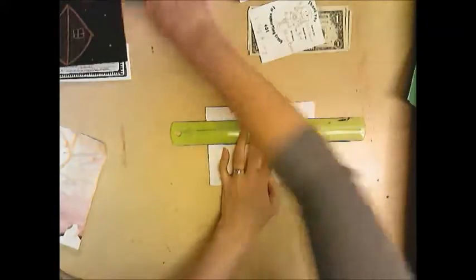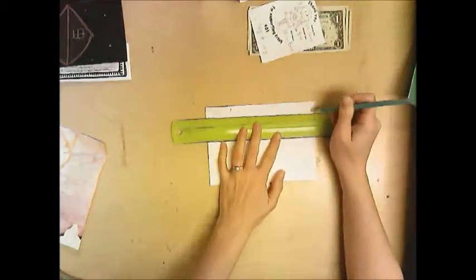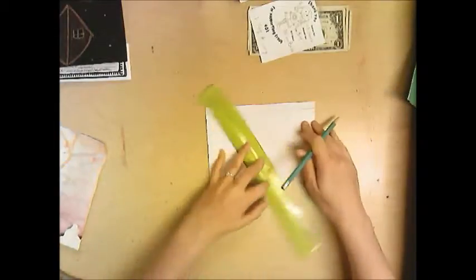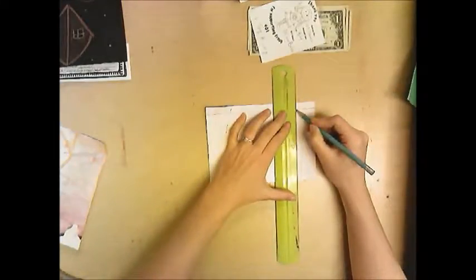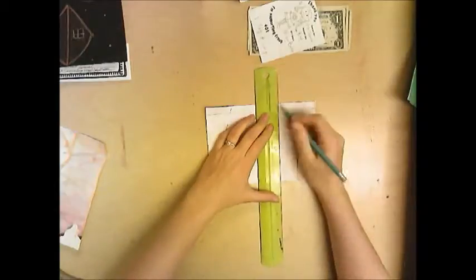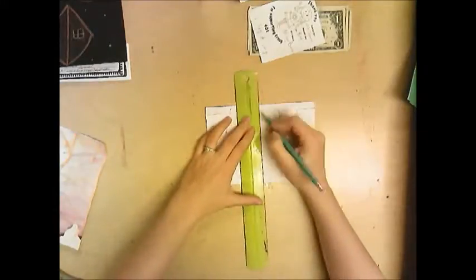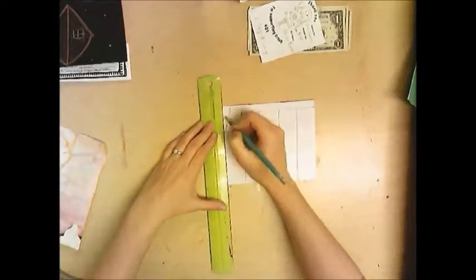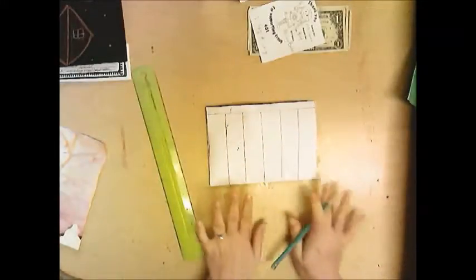We used a ruler and a pencil. And I made a line here at the top, and I'm going to make lines that come straight down. And when we did our weavings before, we kind of played with curvy lines. If you want to do that, you can. I'm going to keep mine simple,